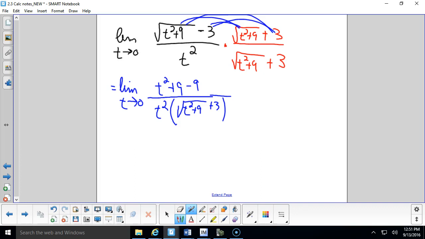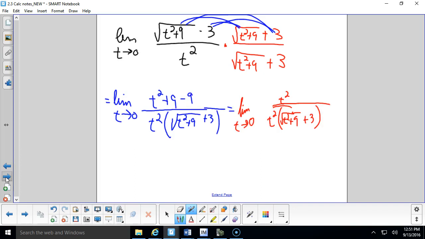Now notice this denominator, I didn't distribute it. That's a waste of time. Because the goal is to get to a place where I can substitute in 0, and the problem I was having down there was that t squared. So I don't want to put the t squared in, because on these types of problems, they're set up for you. That t squared is going to go away. What happens to the 9 in the numerator? And then look what I got. I got a t squared over t squared times, and now these cancel, leaving behind